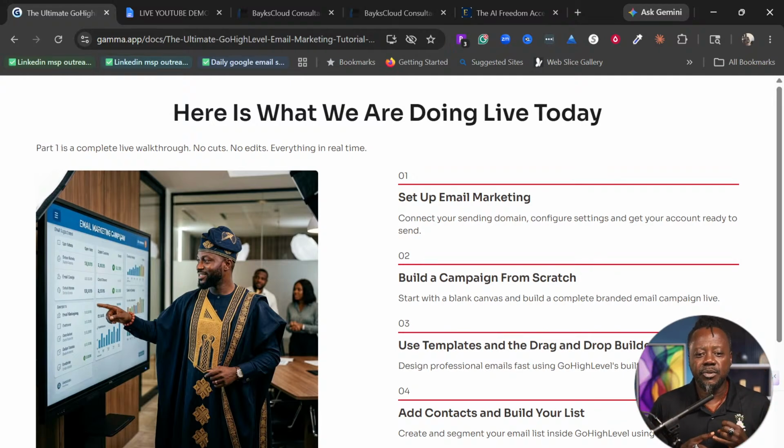Today we are going to set up the email marketing. We are going to do some due diligence to make sure that everything is connected properly, and also we are going to build a campaign from scratch. We are also going to create a template, and we are going to use the drag and drop, the manual way of doing things. I always want people to understand how things are done manually even before we hand over